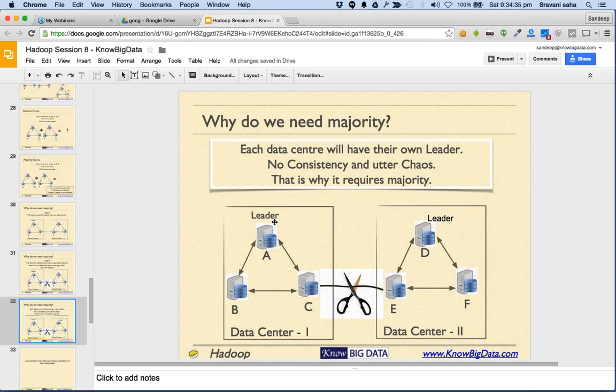There are two separate leaders accepting two separate changes from the clients. Some clients are connected to A, some to D, and all of them are happily making changes, which essentially means that if you have two writers writing the same data, the whole data has been corrupted. Okay,